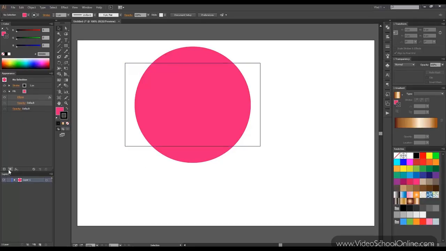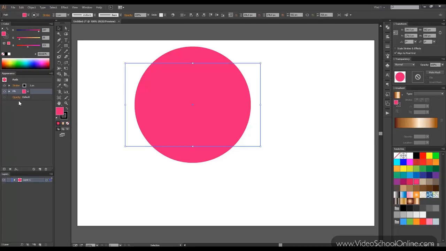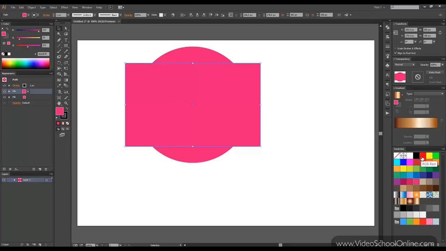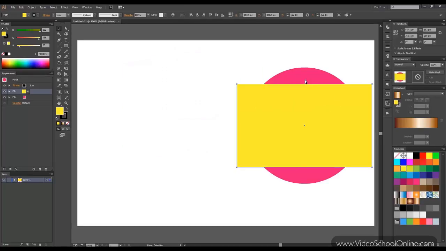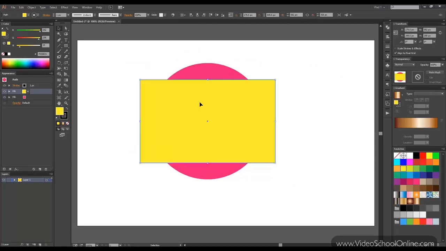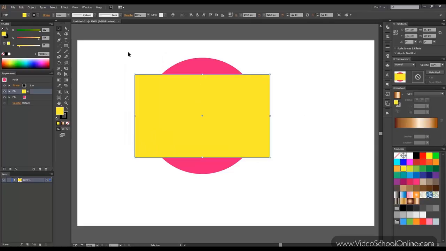You can add a new fill from here and put it on top. And maybe change the color. Oops, sorry, you have to have it selected, but let's do this again quickly. And there you go. You made the object from just one shape. You can, as I said, make web buttons this way, but for now let's just see what shapes we have